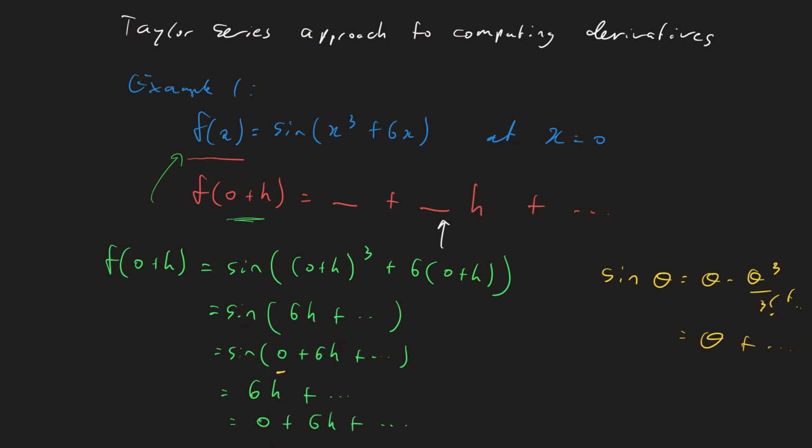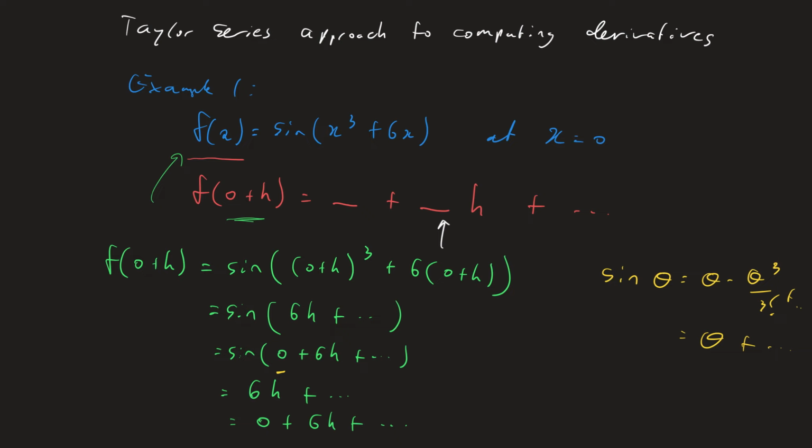plus higher order terms. This tells us that our function f of x at the origin is equal to 0, and its first order derivative at the origin is 6, and more importantly, it tells us that we can approximate this function by 6x about the origin at 0. For reasons that will become clear on the next page, I've replaced x with 0 plus h, so this answers in terms of h, but indeed we can think of f of x is approximately equal to 6x when x